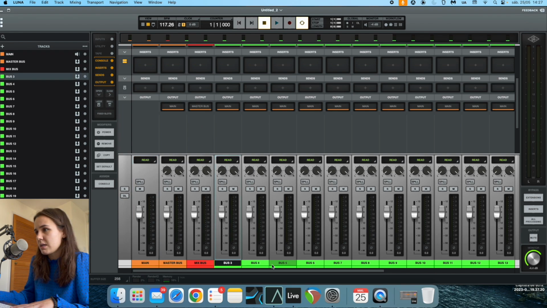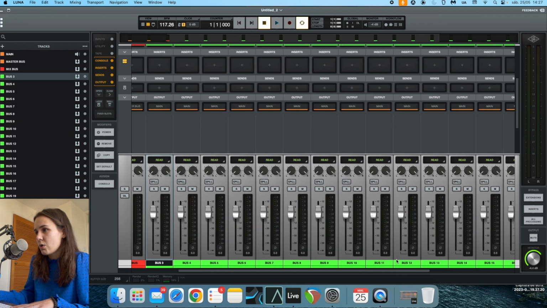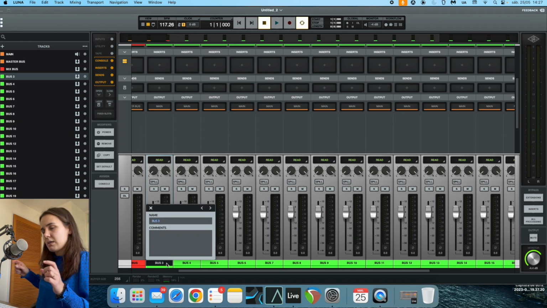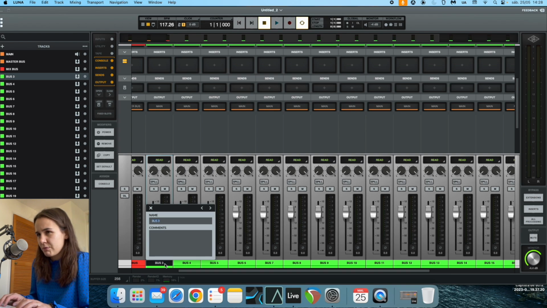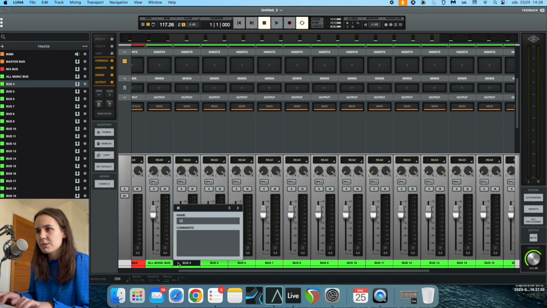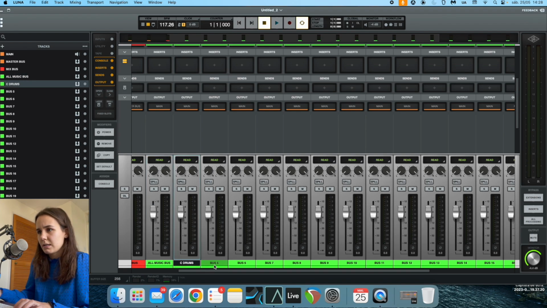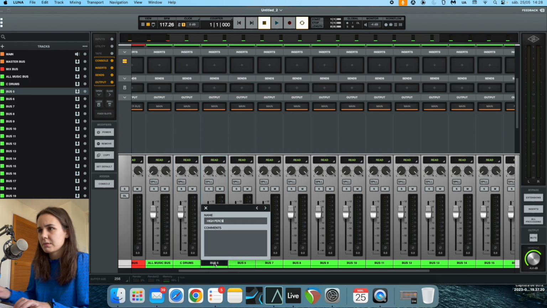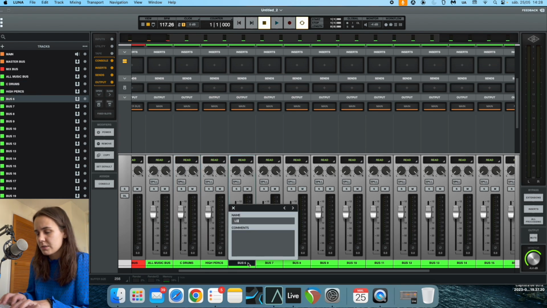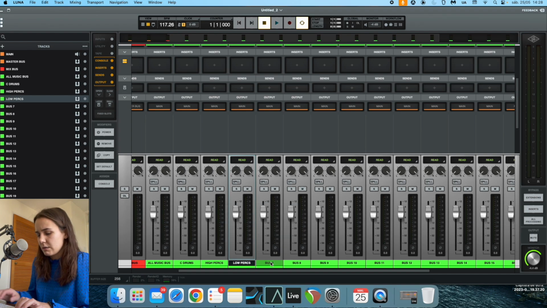All of these buses right here, I'm going to create kind of what I like to do as if it was an emulation of a console. So I'm going to separate groups of tracks one by one to then feed into my mix bus. So the first one that I do is an all music bus. Then I do my center drums that I name C drums. Then I do my high perks and then I do my low perks. And then I will do the bass,